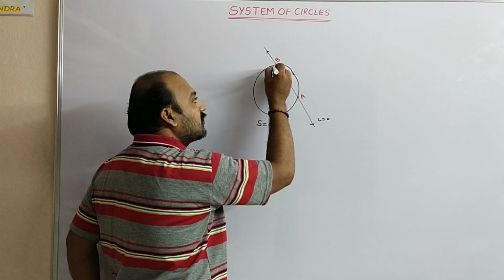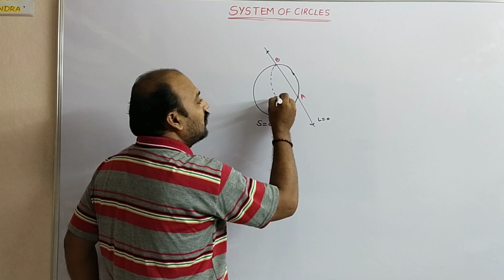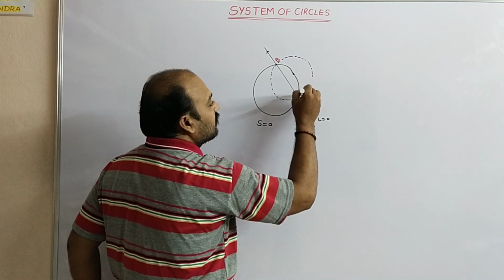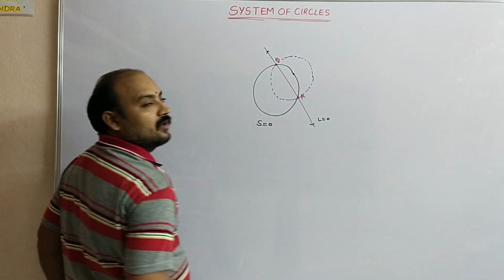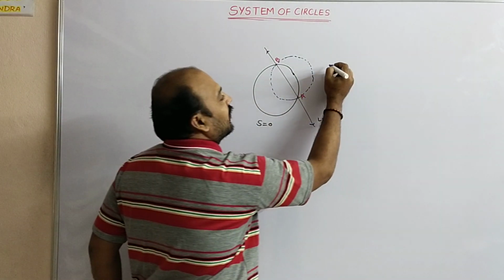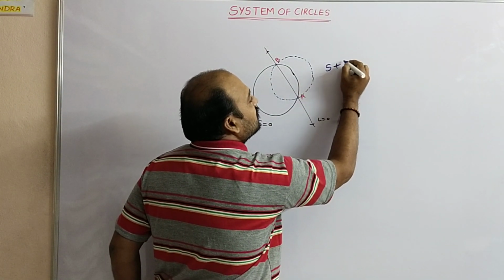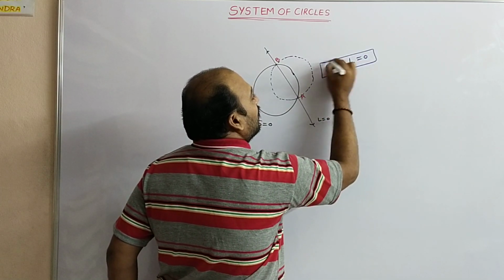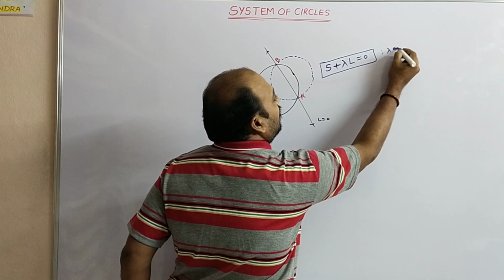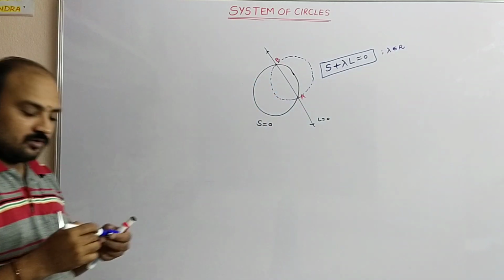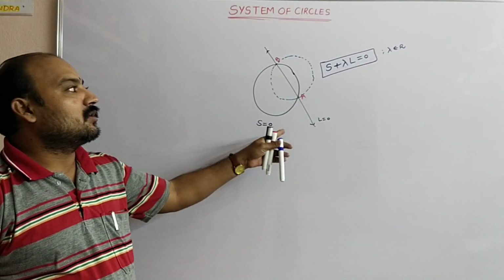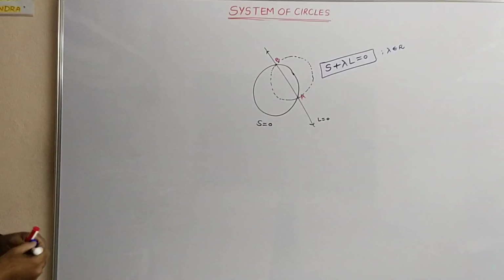So this is the dotted circle I am drawing here. Observe carefully. This circle is denoted by S plus lambda L equal to 0, where lambda belongs to R, is a real number. So from now onwards, any line and circle is there, you can write in this form. So how to write it is,